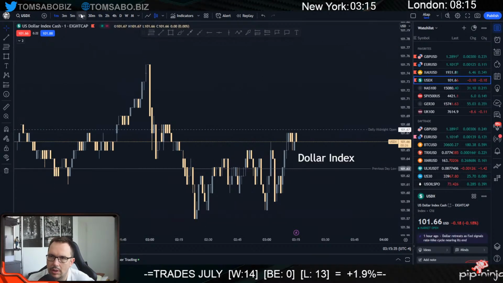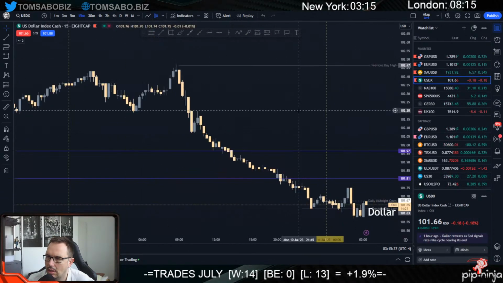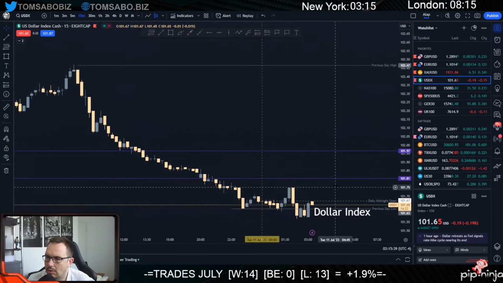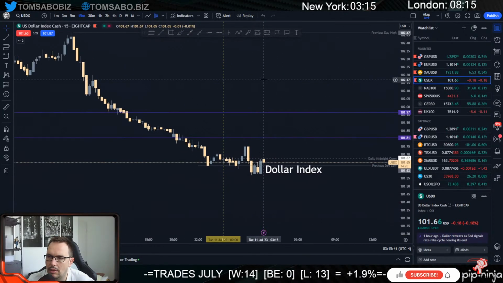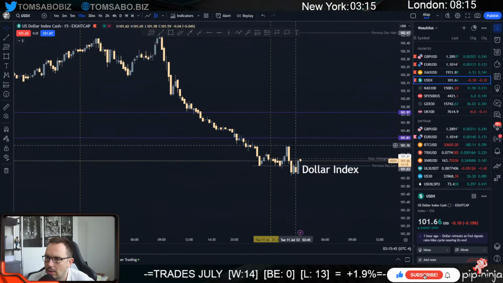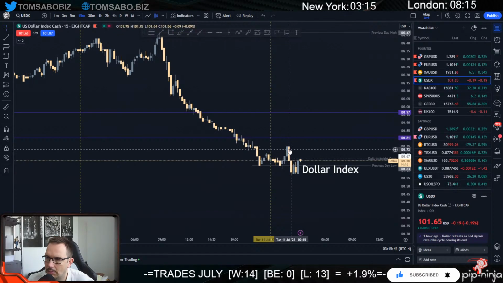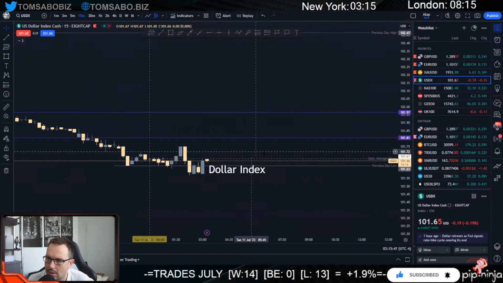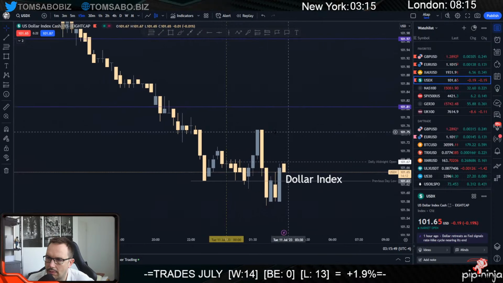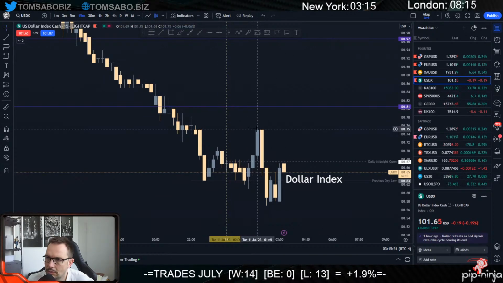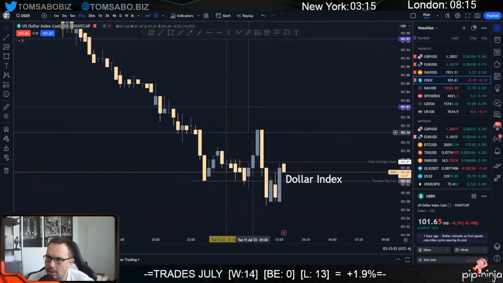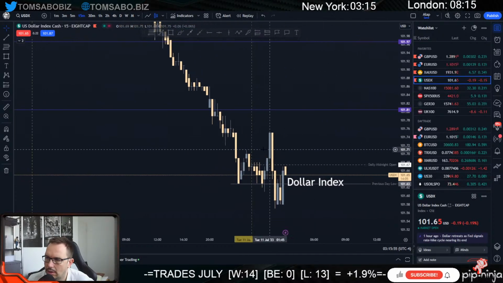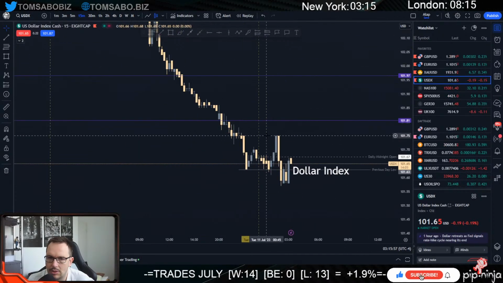Let's look at dollar index just for a little bit. Dollar index on the 15-minute chart, there is a swing high here. If dollar index wants to take this out, because pretty much these candles are flat, so might be a good target to take out some buy side for dollar index. If it wants to do that,